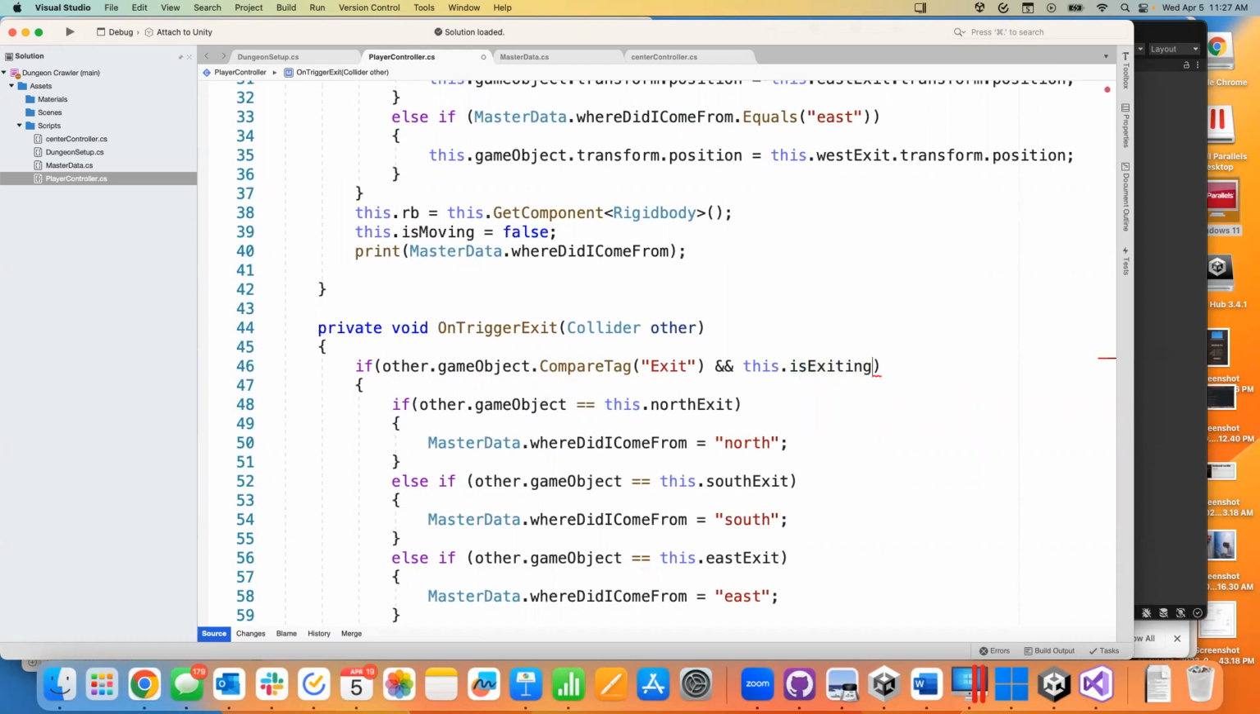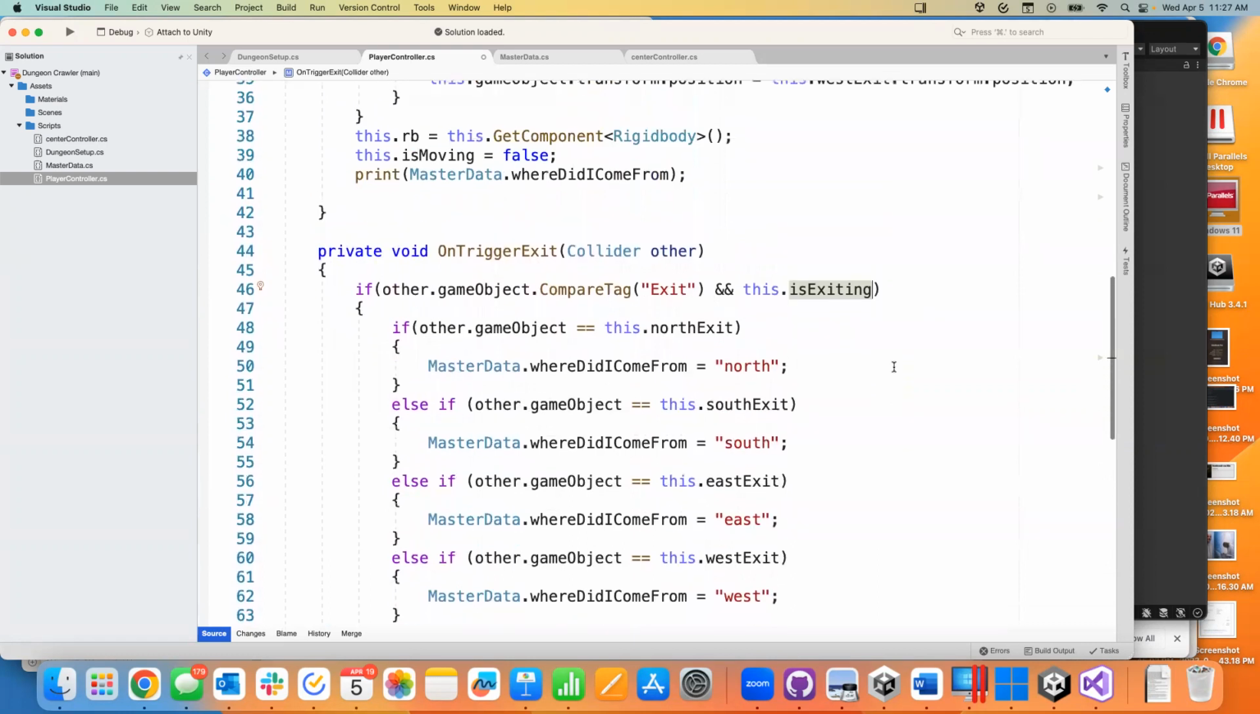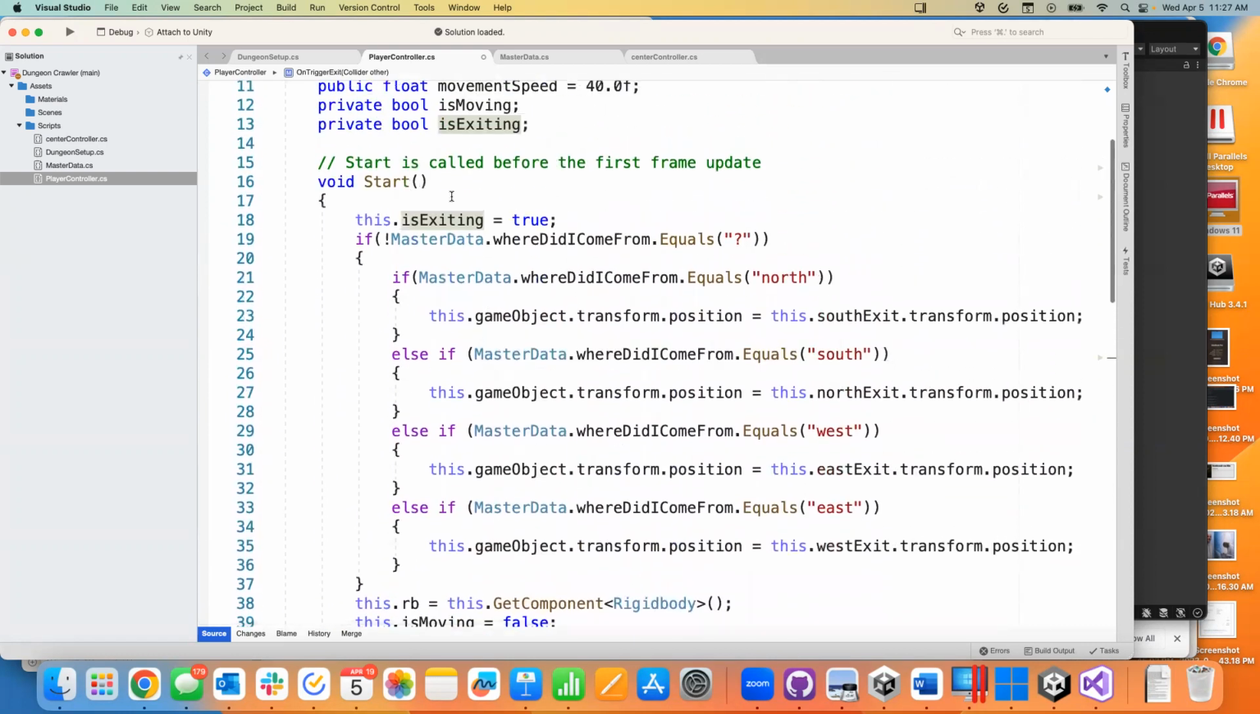Well, I would probably say is exiting is true, like this. You can say equal true if you want. But both of those things need to be true in order for us to say, okay, we're going to exit and reload the scene. Only if we're currently exiting, which we are. Initially, we're going to keep track of whether we're exiting. We're going to set it to true when we hit start. But the problem with this is